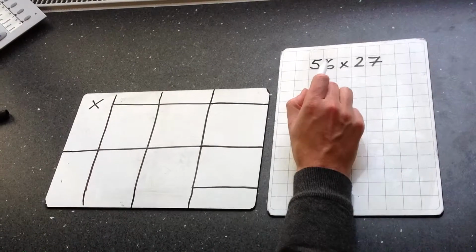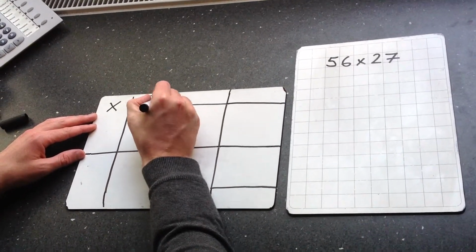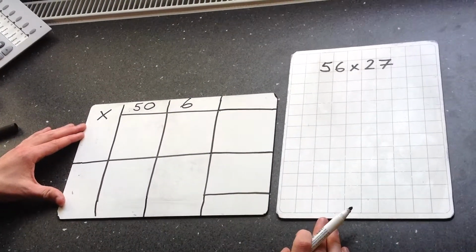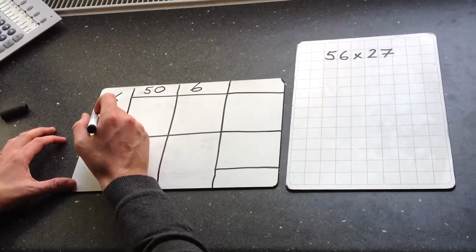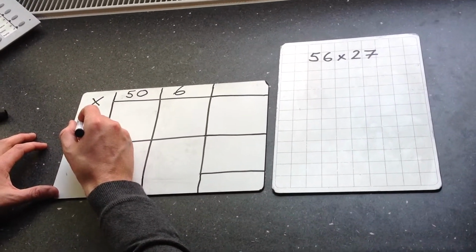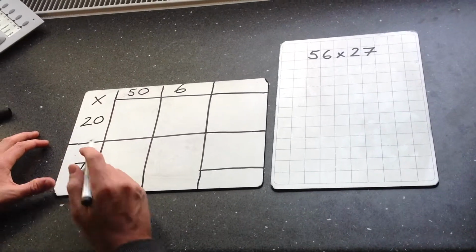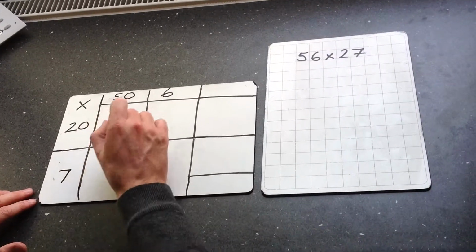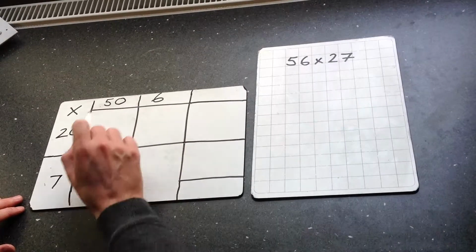So the first number is 56, so I know this has 5 tens, so 50 and 6 ones. And then I need to partition my second 2-digit number, 27, so I know it's got 2 tens and 7 ones. Once I've done that, I can then start to fill in these sections of my grid by multiplying these